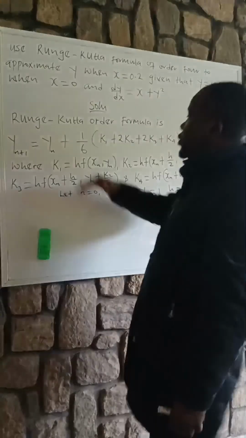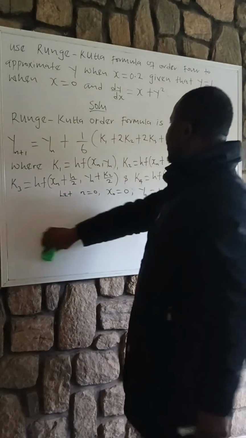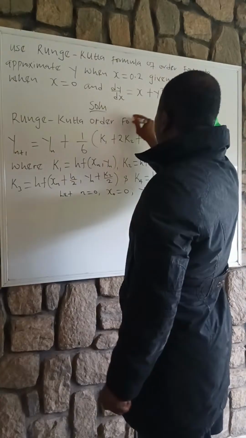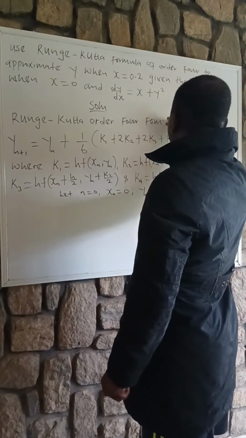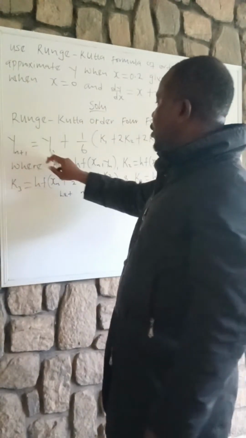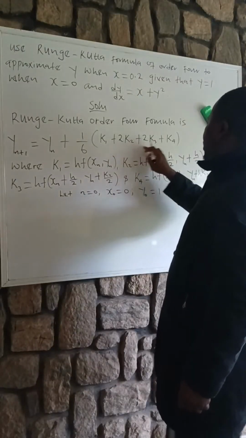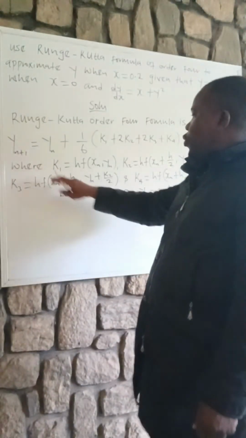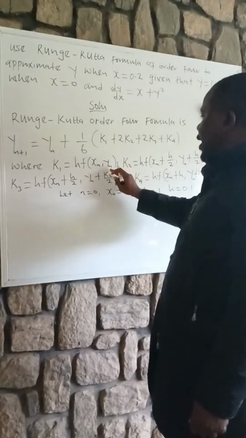Then at first we have to consider the formula. The Runge-Kutta order 4 formula is given as y subscript n plus 1 equals y subscript n plus 1 over 6, open bracket k1 plus 2k2 plus 2k3 plus k4, close bracket, where k1 is equal to h f of x subscript n comma y subscript n, close bracket,